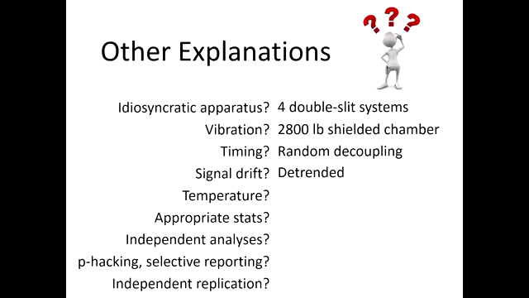Signal drift is always a problem as well. Very small changes in temperature will cause interferometers to change, so when necessary, we would detrend the data. We measured temperature at the laser itself, the double slit, near the human, with multiple thermocouples, and we didn't find any effect due to temperature.